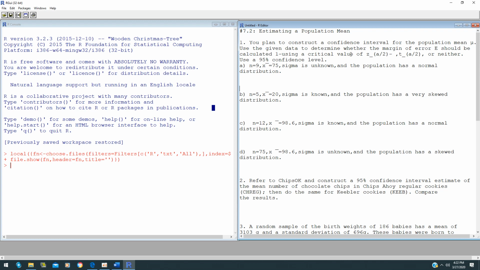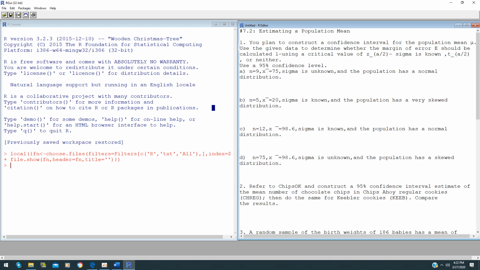Use the given data to determine whether the margin of error should be calculated using z alpha over 2, t alpha over 2, or neither. In order for us to use z alpha over 2, this is where sigma is known. For us to use t alpha over 2, this is where sigma is unknown. And if you want to use neither, this is used when your population is not normally distributed